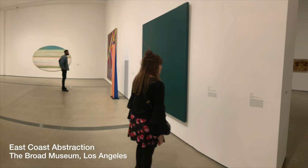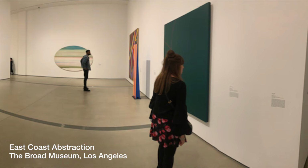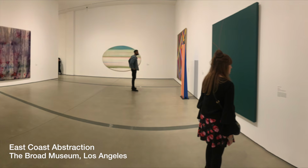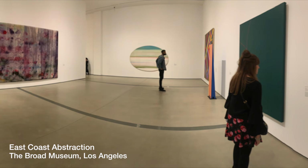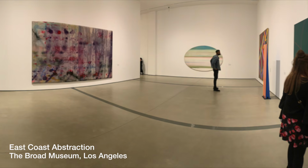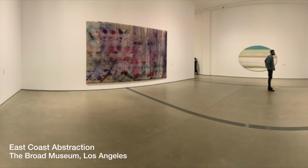I really hate to write this, but the East Coast Abstraction gallery was my least favorite of the exhibition. I know, it has powerhouses like Jack Whitten, Ed Clark, and William T. Williams, but these works, while powerful on their own, just didn't feel right together in this layout. These works are larger, but lack the intensity of some of their smaller counterparts in the other galleries, at least